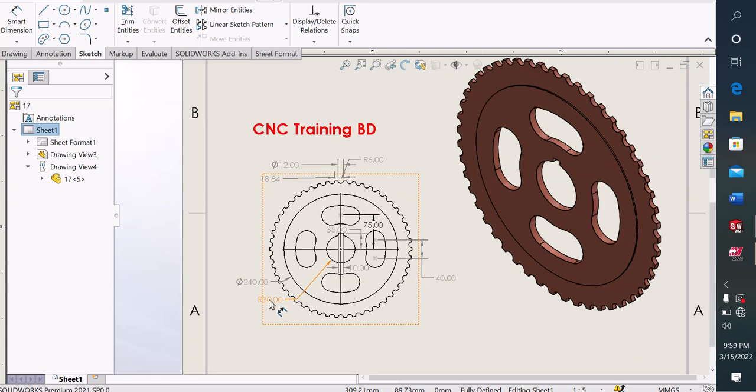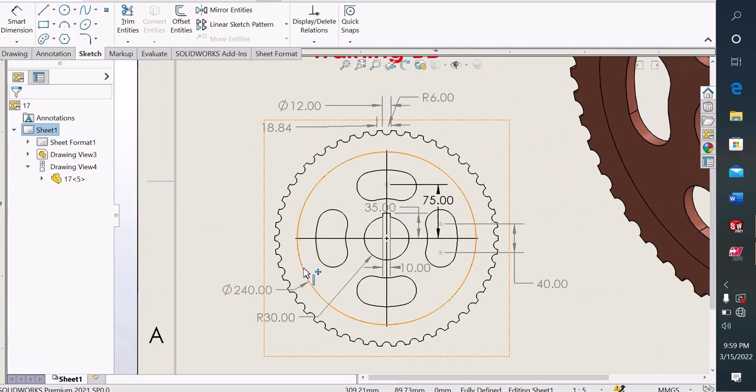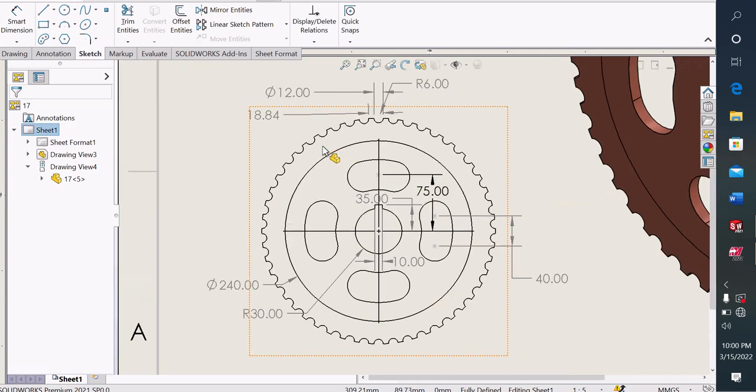Today I'll show how to make this simple 2D design. See, here is a bicycle sprocket gear. I just show a 2D design for the beginner. After you develop your skill level, then I will show how to make 3D. Now let's make 2D. Here is a bigger circle diameter